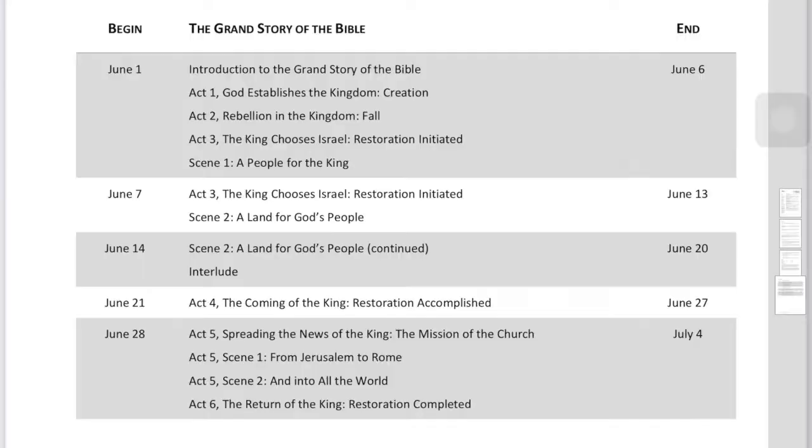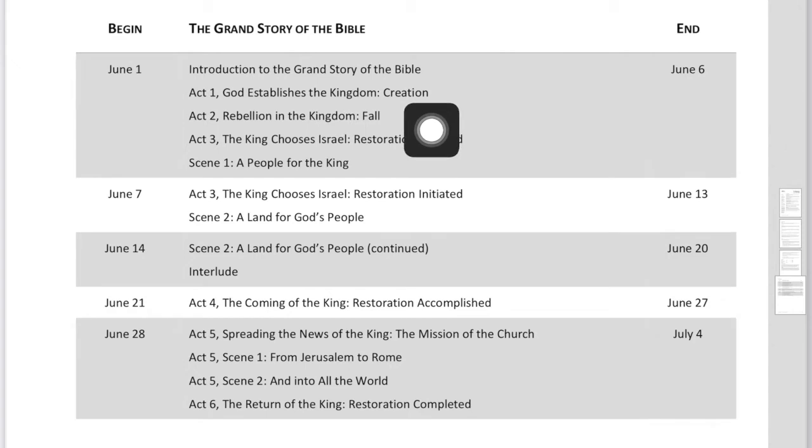We want to look at the final act this week. Look at Act 3, but we're only going to do Scene 1. We'll save Scene 2 for next week and talk about that in some more detail. And so, looky here. As we're looking at Act 3, Scene 1, we've already looked at Act 1.